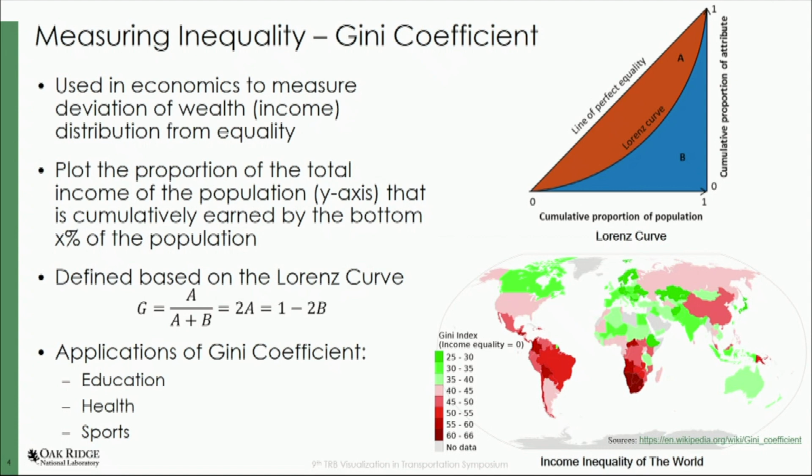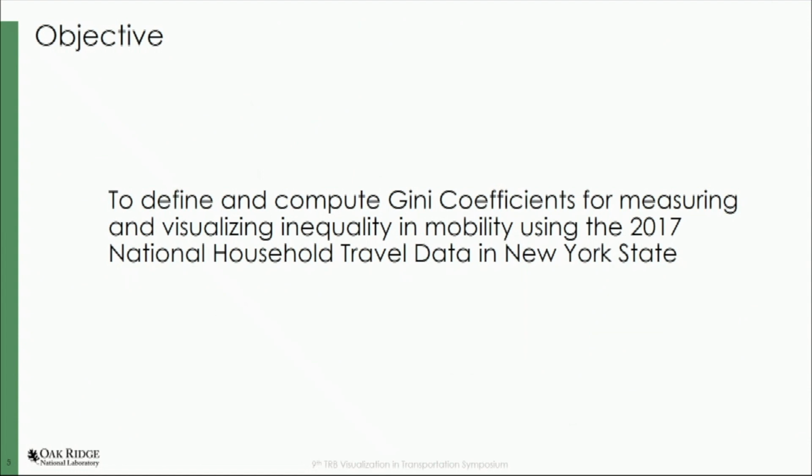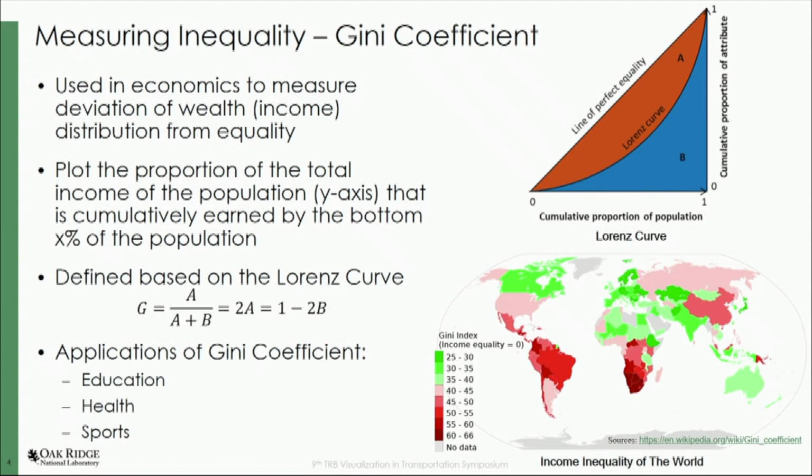Talking about the Gini coefficient, it's a coefficient used in economics to measure deviation of wealth, or usually income distribution, from equality. What it does is it plots a curve called the Lorenz curve. On the x-axis is the population, the cumulative population. If you sort your data, if you're a data person, based on income levels, from lowest income to highest income, right? And then